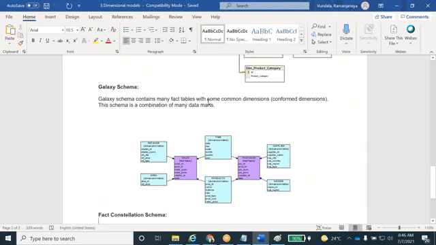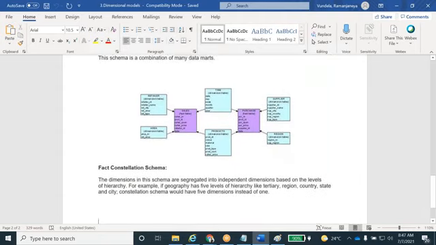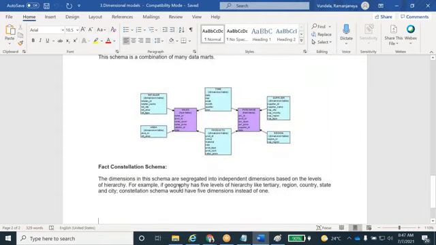The galaxy schema contains many facts with some common dimensions. This is a combination of many data marts. It's not that important, guys, so leave this one. Also, the dimensions in the schema are segregated into independent dimensions based on the level of the hierarchy, so it will come as a snowflake schema.